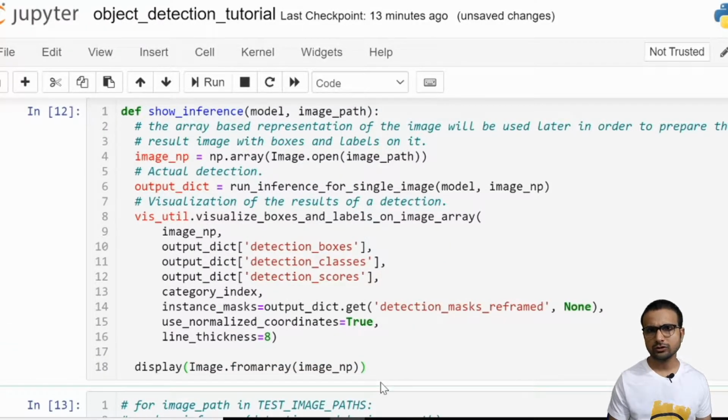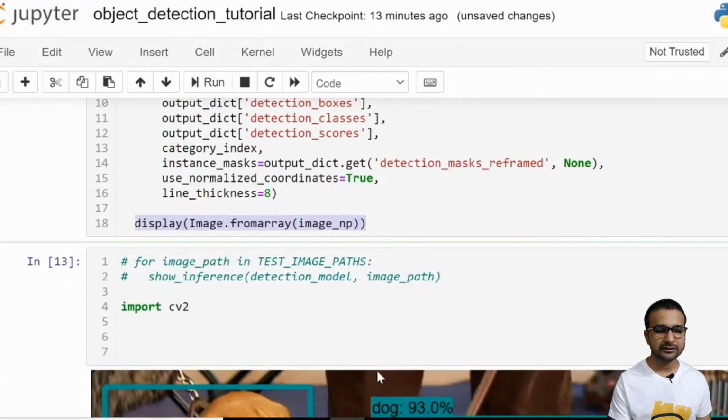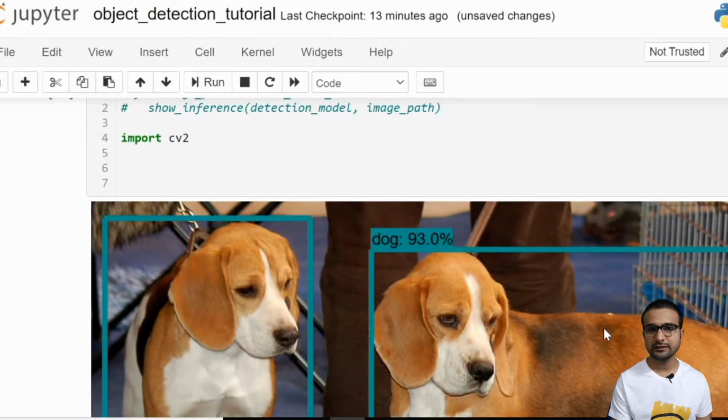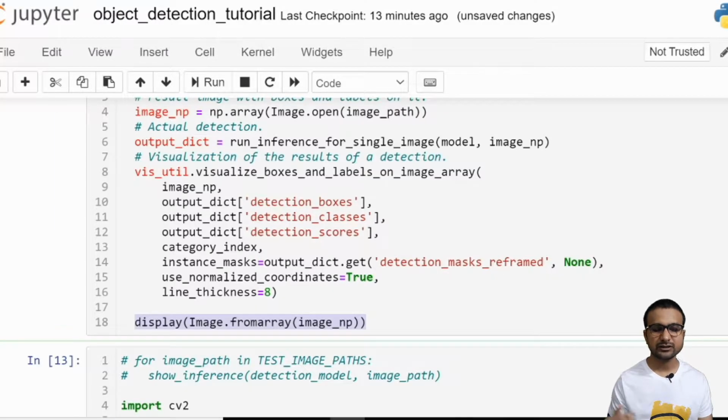Now we also need to make some basic changes to our code. In this show inference function, we were displaying the image at the end, and these displayed images are the images with the bounding boxes. Instead of this display command, we need to return the image.